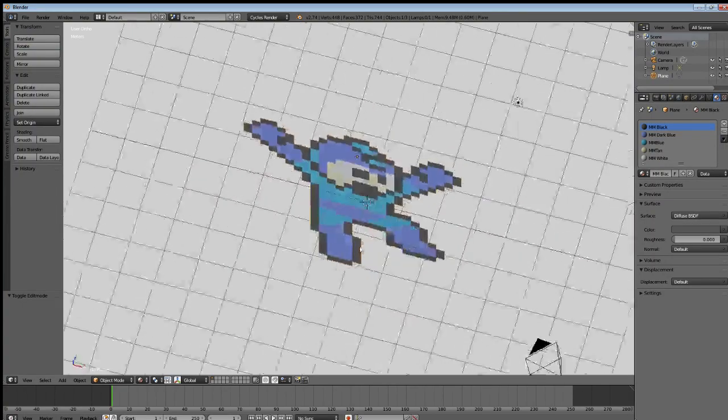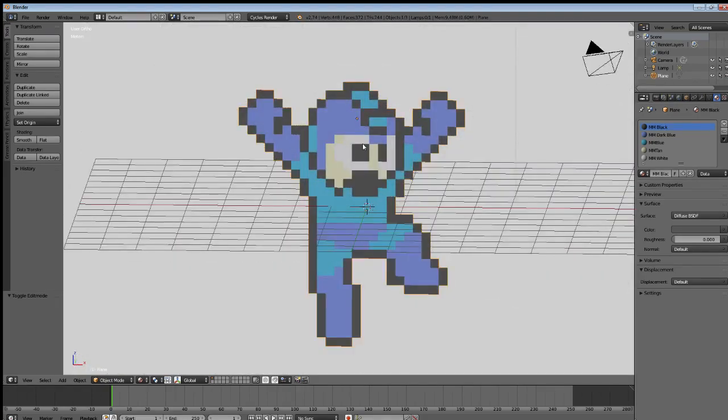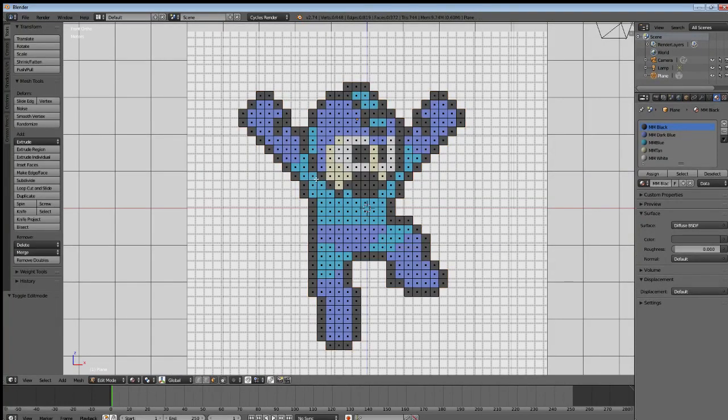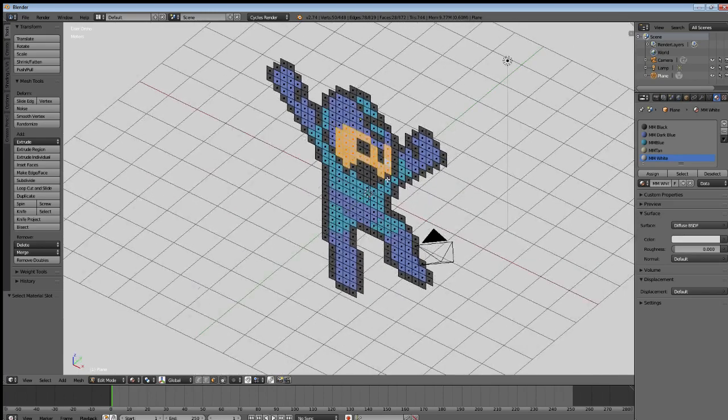However, there's a couple more things that we can do. So now that we have our flat 8-bit character, let's try adding a little bit of depth. So the easiest way to do this, since we have a material assigned to every different portion of his body, we can actually use that to select different portions that we want to drag in or out. So if I go to my Mega Man tan color and I click select, you can see I have just his face. Well, let's go with Mega Man white, and we'll select that one, and now I also have his eyes. So if I want to, I can now extrude that,